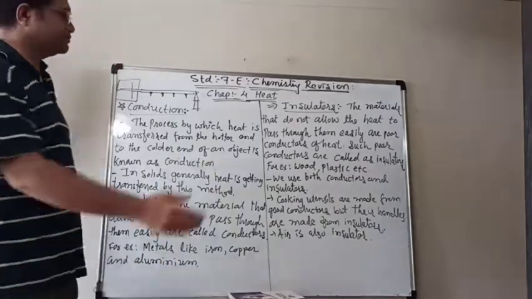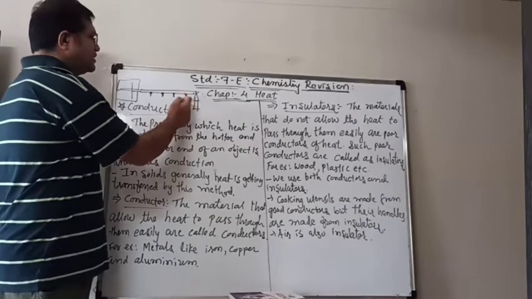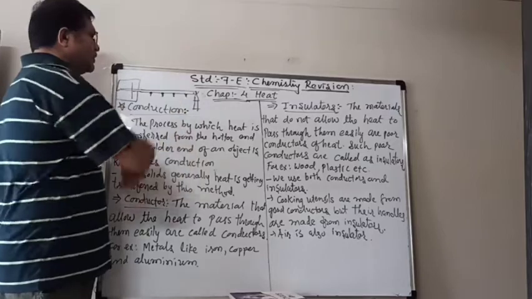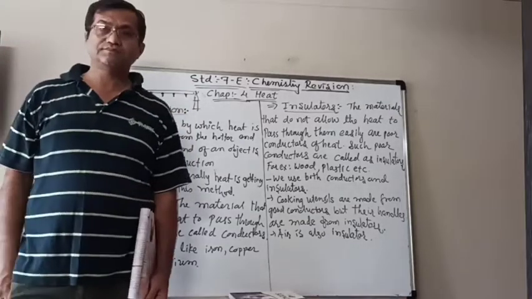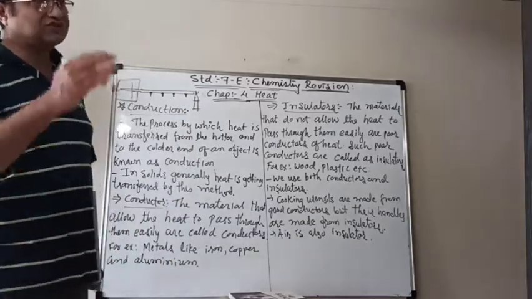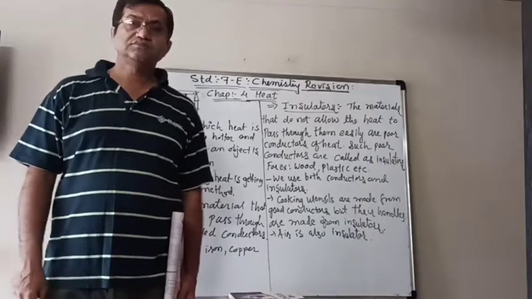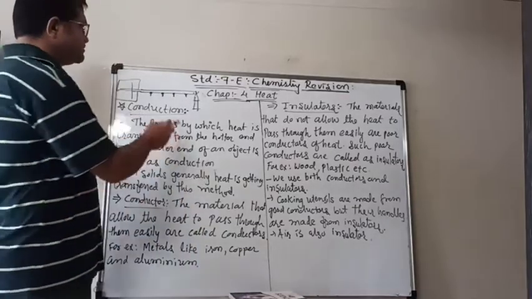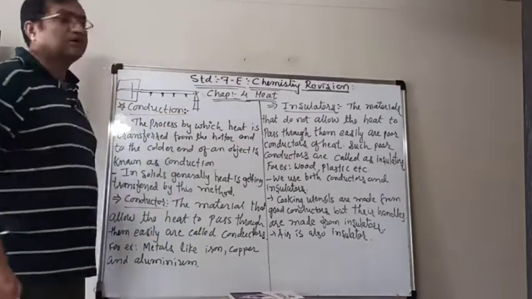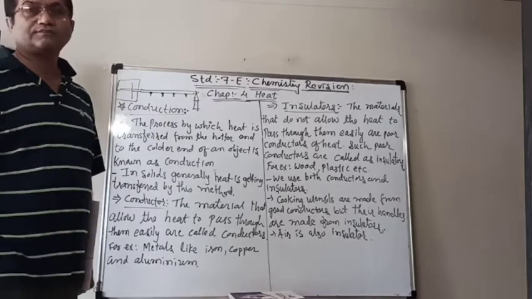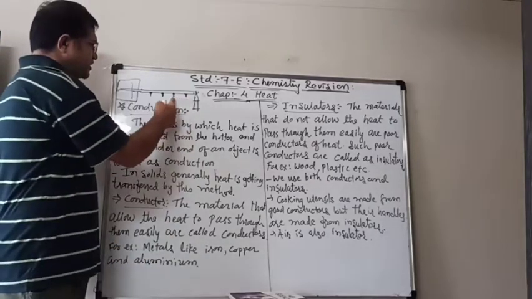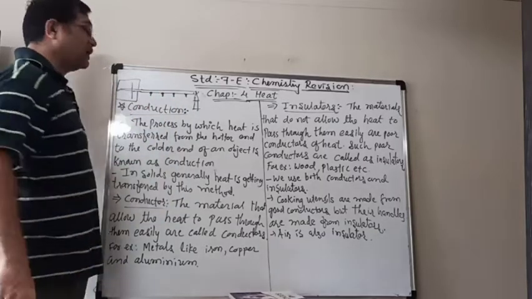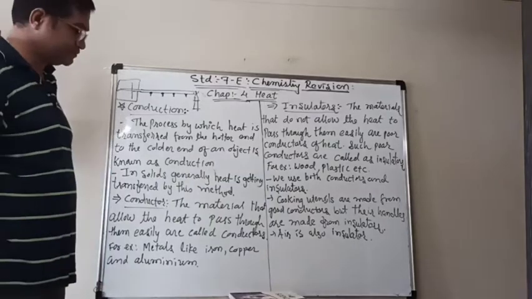You will observe that the iron nails that you put will start dropping down. Watch in which order they start falling. You will observe that first the nearest nail will fall down, then the second one, then the third one, and the last, which is at the side of the brick, will fall down.